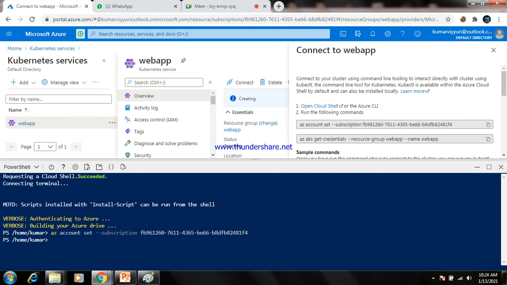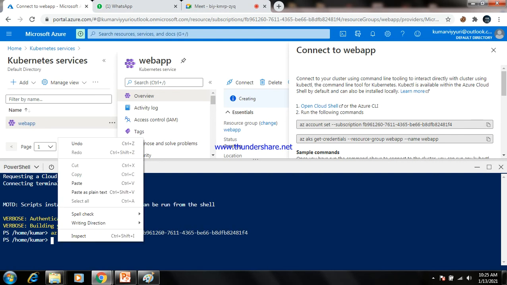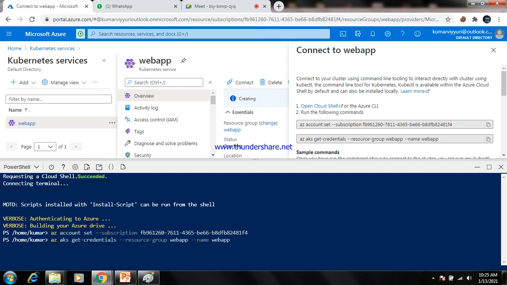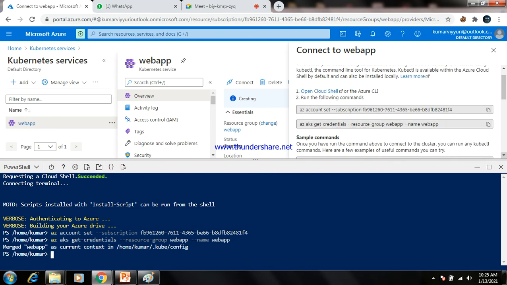Give enter, then copy the command and paste it here. Then we want to check the commands.